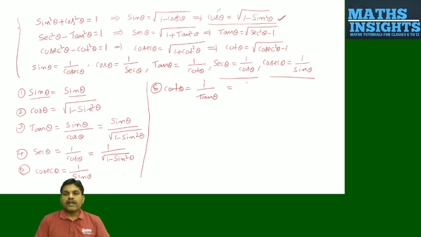That is 1 by sin theta by square root of 1 minus sin square theta. So if you convert it into another fraction, that is square root of 1 minus sin square theta by sin theta. So if you observe, all the ratios are converted into sin. Sin is converted into sin, cos also, tan here, secant here, cosecant here, finally cot here. So I will convert all trigonometric ratios into another ratio.